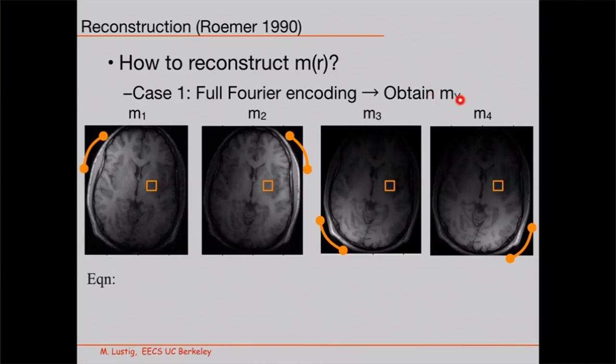So M sub gamma. If I have 4 coils, I'll have M1, M2, M3, and M4. Each one corresponds to an image obtained from a coil, and I put where the coil elements are supposed to be. The question really is how to reconstruct